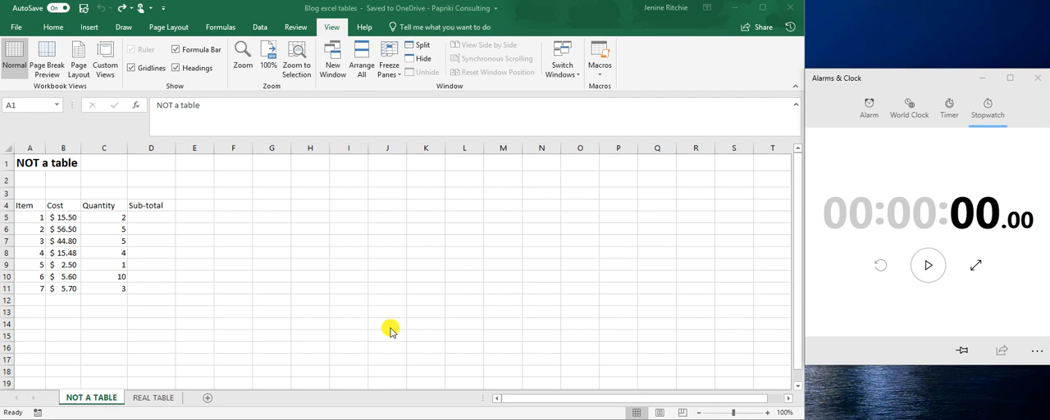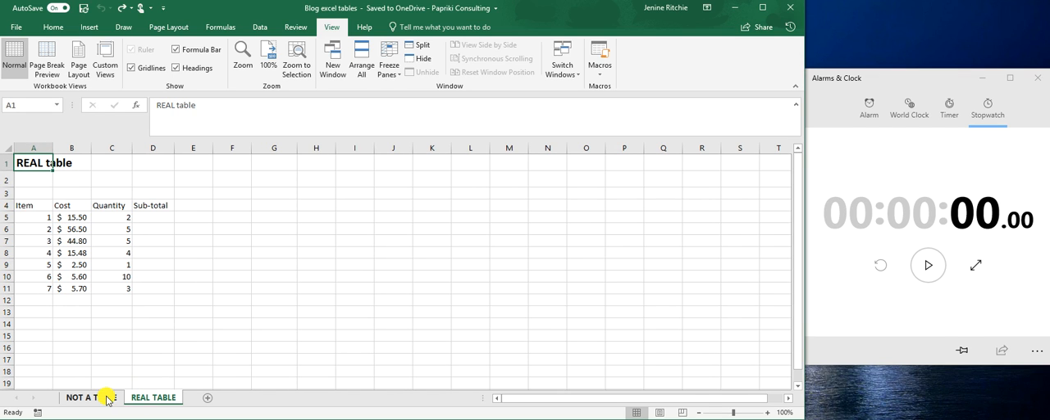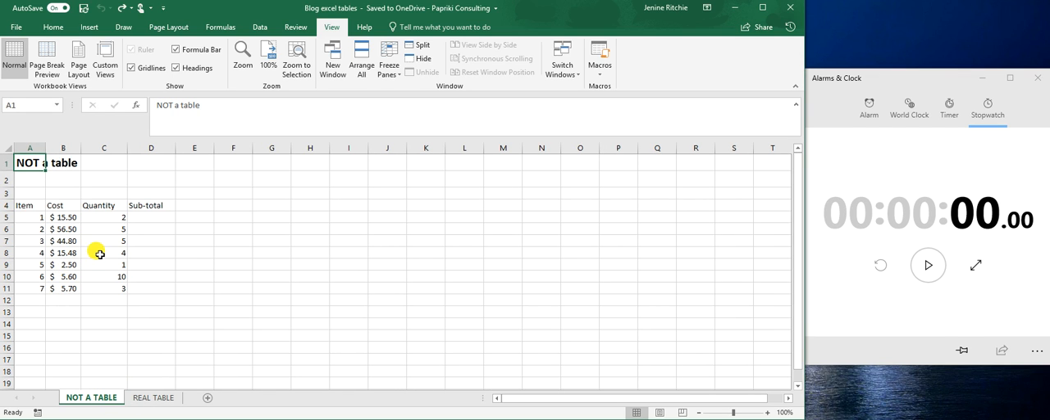Okay, I'm going to demonstrate really quickly why you should be using a table, and I have a not-a-table example here and a real table over here. First of all, I'm going to start with not a table. Let's start the clock. Okay, so first of all, I will have to enter in my formula here, and it